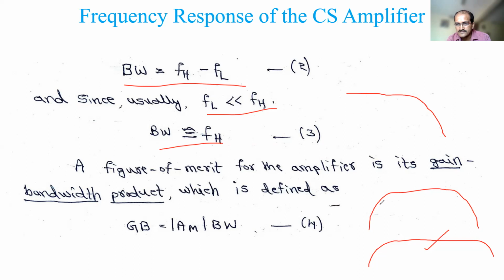In this case, it is simple, right? As we have shown, this is the theoretical one, so we take the difference and you will get that. But in some cases you will get it like this also, where the MOSFET has good internal characteristics. So you will not see the beginning increasing curve at all. Directly you get the constant one and then you see the decrease. In that case, we just take the 3 dB difference and see this frequency FH, and this FH frequency only we call the bandwidth. That is true because the lower cutoff frequency is very small compared to the higher one. So these are all the assumptions, and approximately they are equal in that sense.